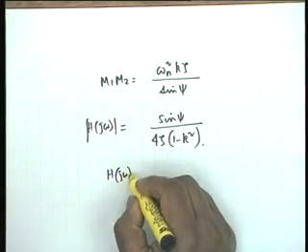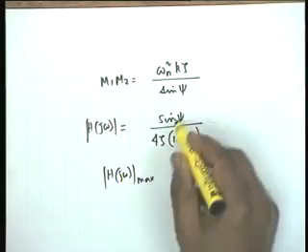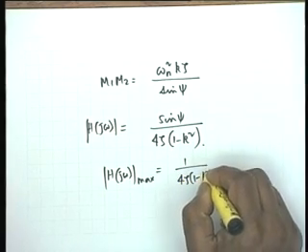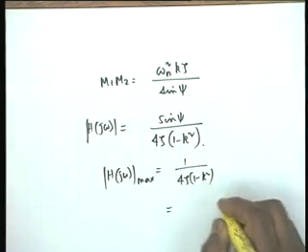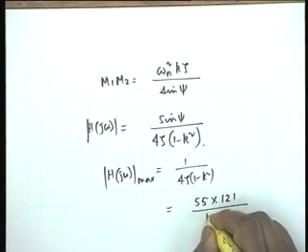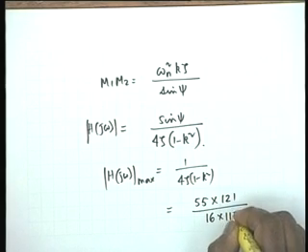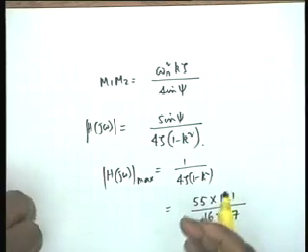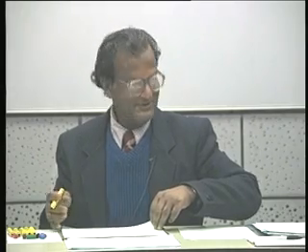Okay. So the maximum value H_j(omega) max would occur when psi is pi by 2, and therefore this is 1 by 4 zeta (1 minus k squared), and by substituting the values I get 55 multiplied by 121 divided by 16 into 117. It is not too high, it is about 3 or 4 times at the most. The value is approximately 4, you can find that out. But the zeta is also different, of course.